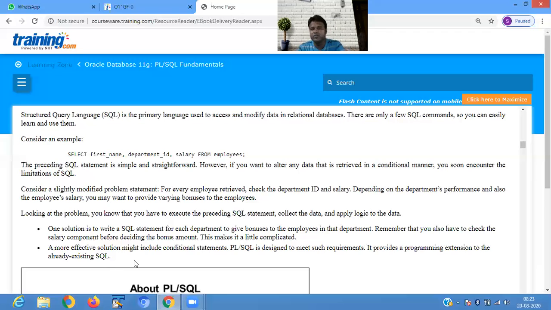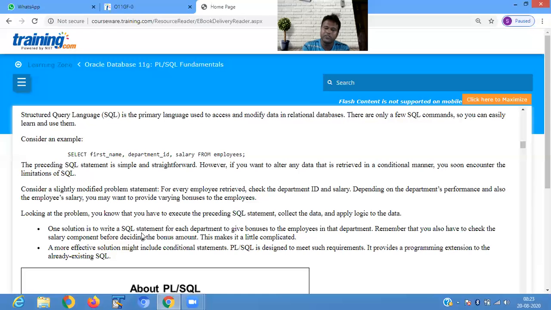So here it gives you a scenario in which you have to retrieve the salary of an employee. Now you have to verify and provide a bonus to the employee based upon their salary. When you notice the employee salary structure, the bonus has to be given depending upon the salary the employee has gained.